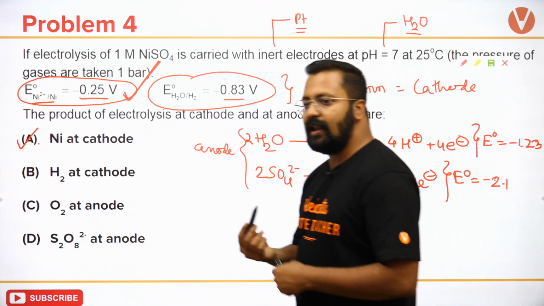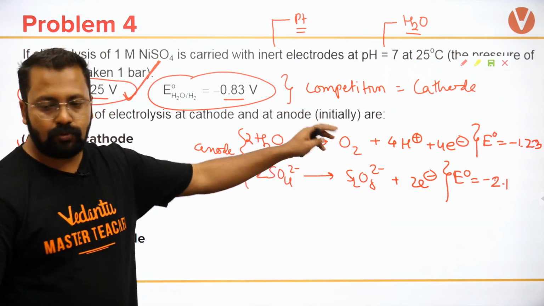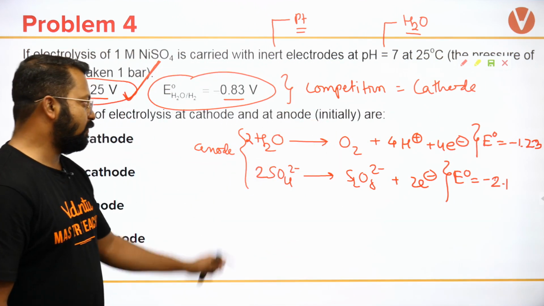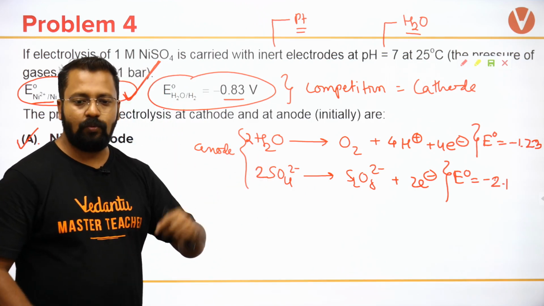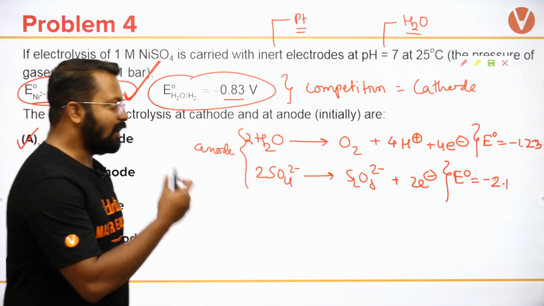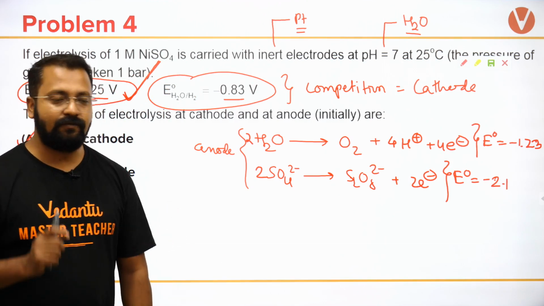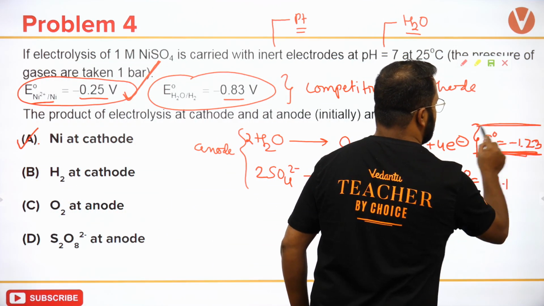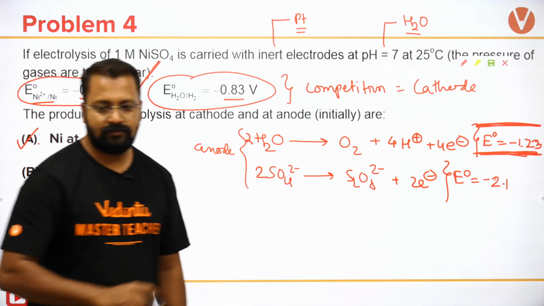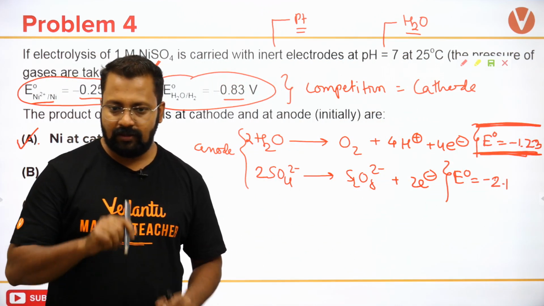Which will give me a less positive value, minus 1.23 or minus 2.1? Oxidation of water or oxidation of sulfate, which will give me a lesser positive value. Can I say this one? This will give me a less positive value. Okay, so